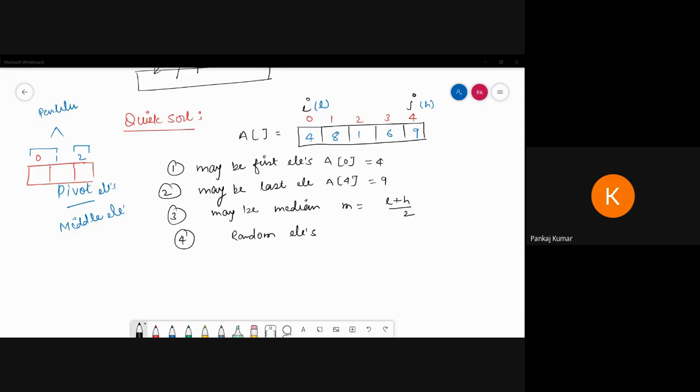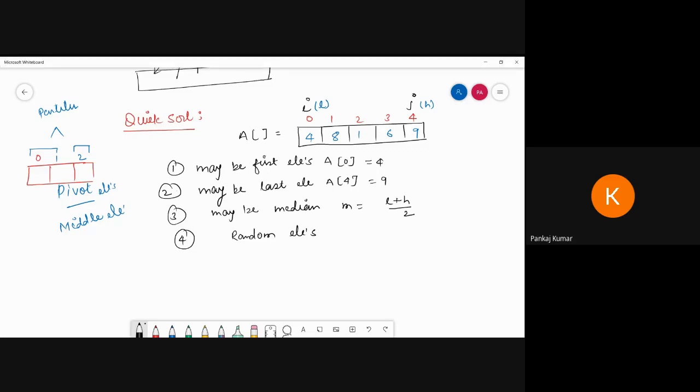Is it clear how we can choose the pivot element? That is the 4 criteria. Is it clear? Did you understand how we can select the pivot element? Okay, so these are the 4 criteria we can choose. Basically we can choose the first one, the standard one, so in every example they can put this one. Suppose I choose this one, the same process follows for this one also. That means we can change the location of the pivot element, the other coding part is similar.